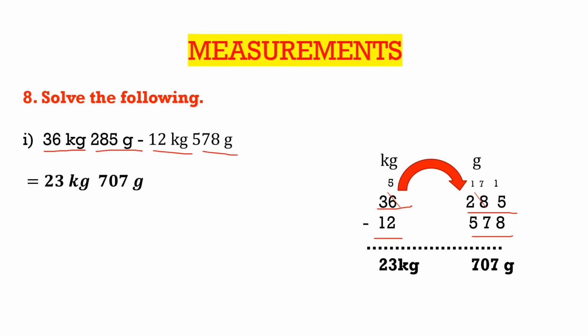Then we have to subtract. First subtract the gram column. Here 5 minus 8. We can't subtract 5 and 5 minus 8. So take the carryover from 8. We get 15. Now the number is 15. 15 minus 8 is 7. Write down 7 here. Then this 8 now becomes 8 minus 1 is 7. Now subtract 7 minus 7. 7 minus 7 is 0.